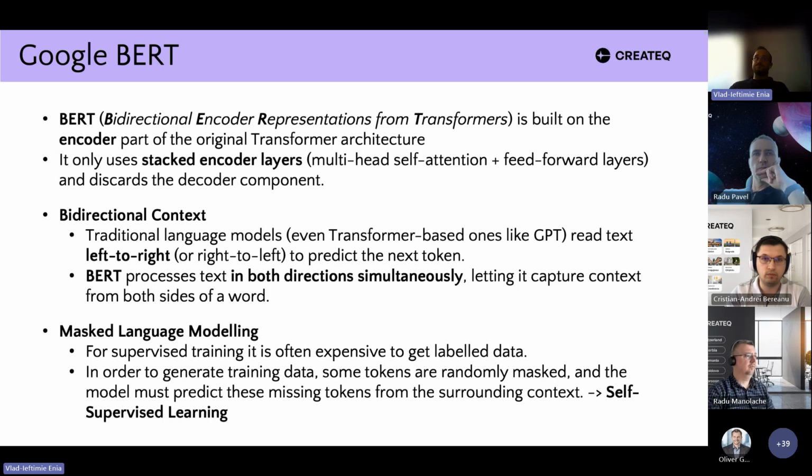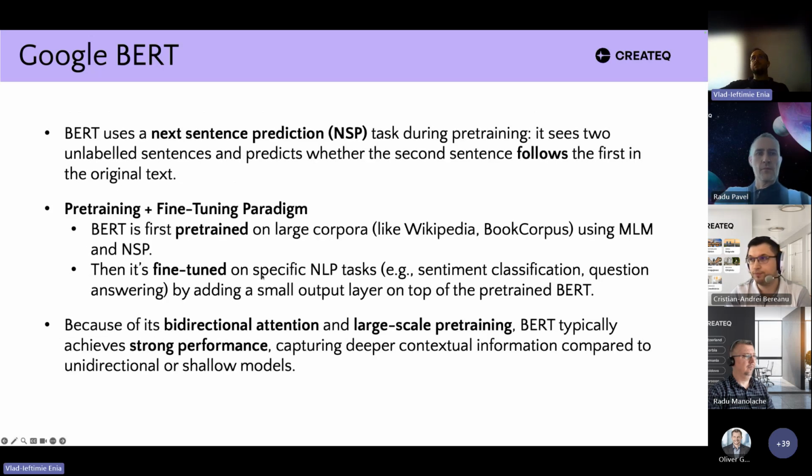It is trained mostly on masked language modeling, where it's given a set of words, some of them are hidden, and the network has to predict what those hidden words are. And also using next sentence prediction, similar to masked word prediction, but at the level of sentences.